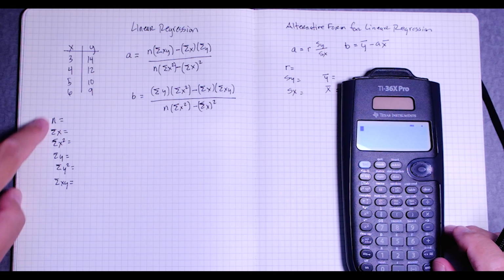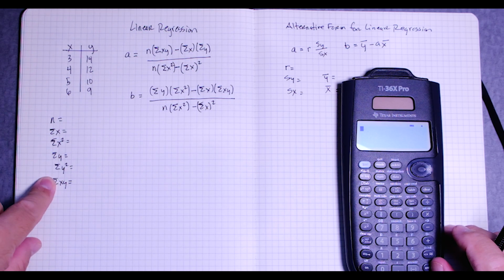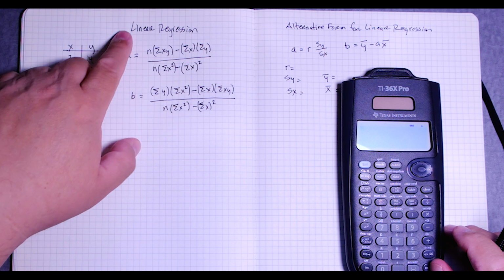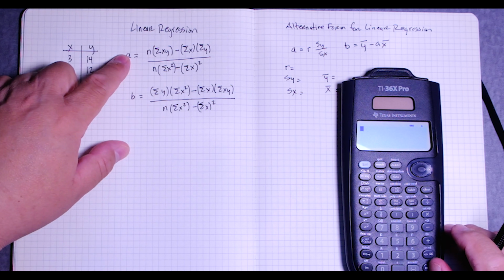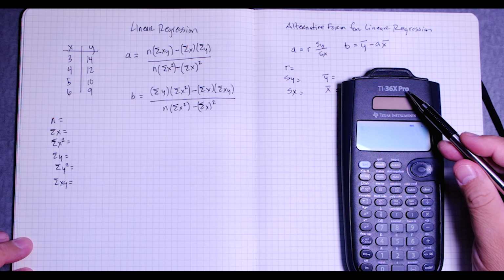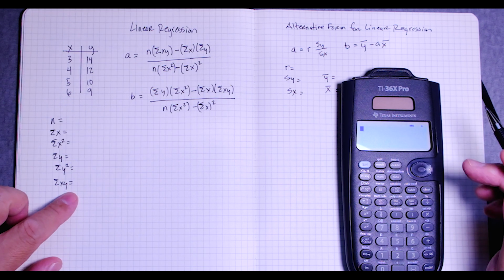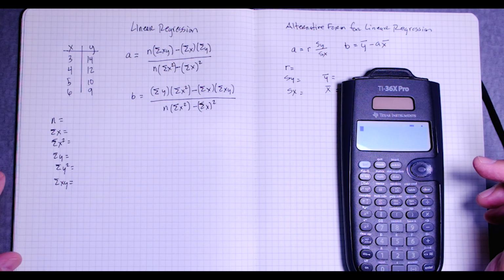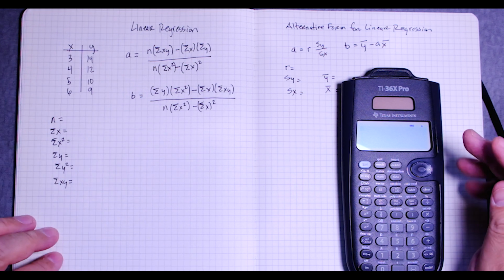In this video, we're going to look for the sums needed for the linear regression, A being the slope, B being the y-intercept, using the TI-36X Pro to find these sums. All right, and then also find A and B. To do that,